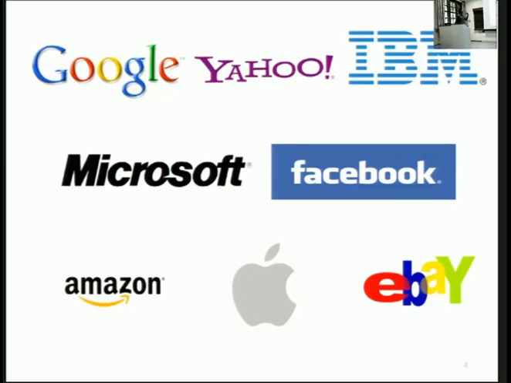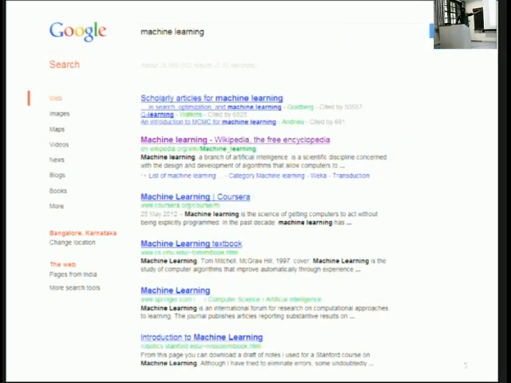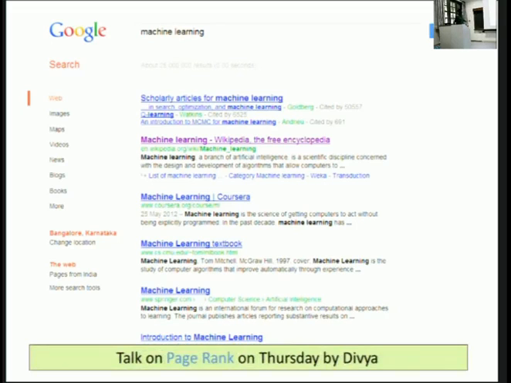So let's ask, what do people apply machine learning for in these companies? Let's say Google, the search engine. It's like the next to God. You ask anything, it answers you, right? What Google does is apply machine learning to figure out what you are searching for. We are terrible at asking questions, and still Google manages to know what we want. So that is a machine learning algorithm running there. And the funny thing is, many people use machine learning algorithms and don't know that they are using them. It is so much part of our life, and we say no, AI is not there, but AI is actually there.